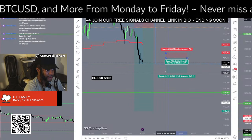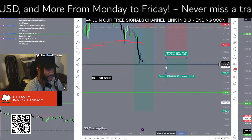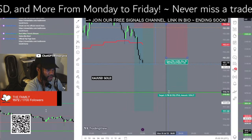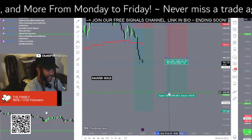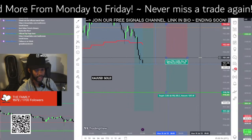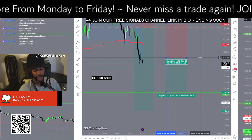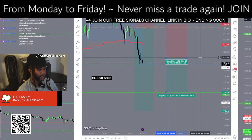If you use that, you can only stay in for less before it turns around. If you use this stop loss, you catch a trade to here, you're getting like a 1-to-1 trade, so you can still take the trade, and you're perfectly fine. You're going to take profit with us. I don't see any problem with this trade, but